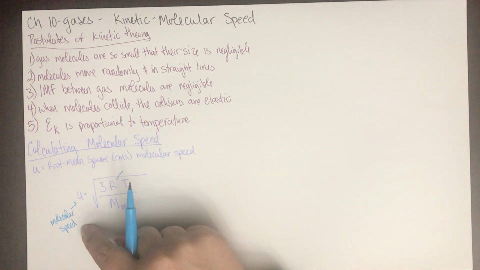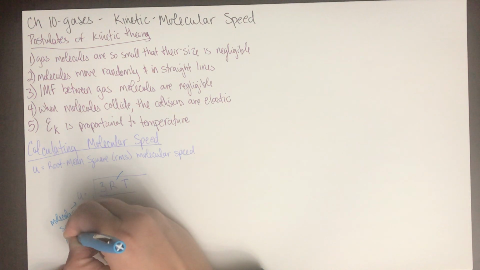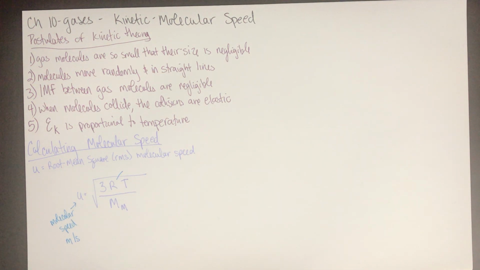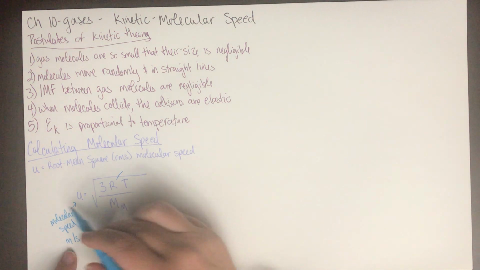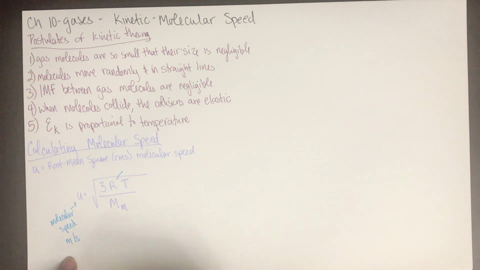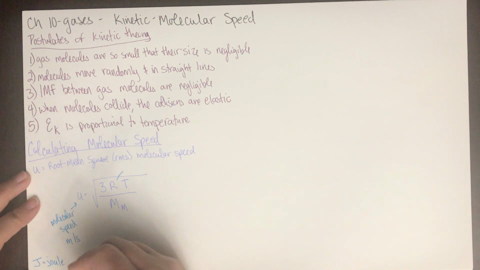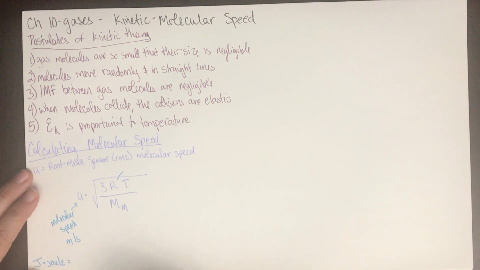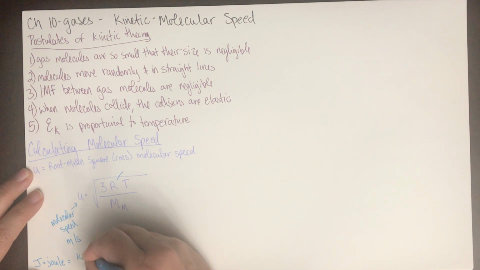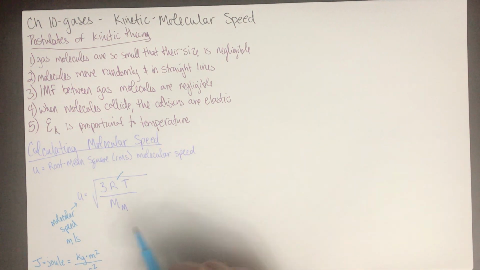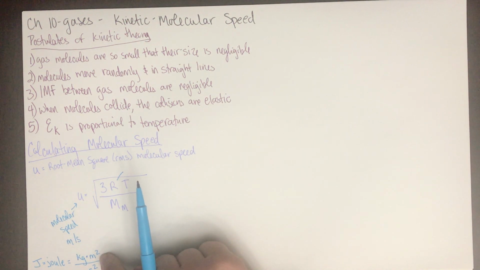But because we're dealing with speed, speed is a rate. It's a rate that is going to be in meters per second. We need some sort of unit of energy. The unit of energy that we're going to get this rate from is something called a joule. A joule is a kilogram times a meter squared over a second squared. So our unit for speed, meters per second, is going to come from this unit of a joule.